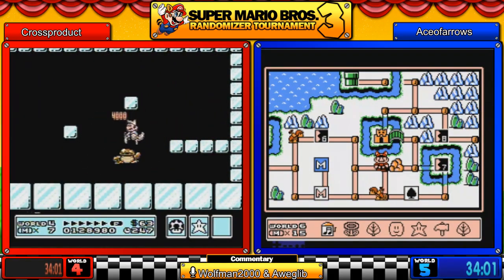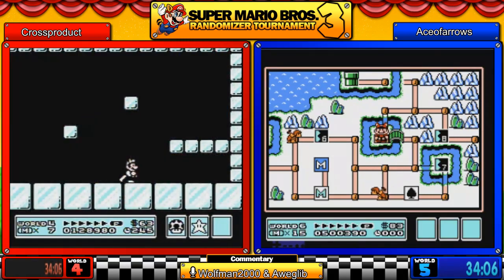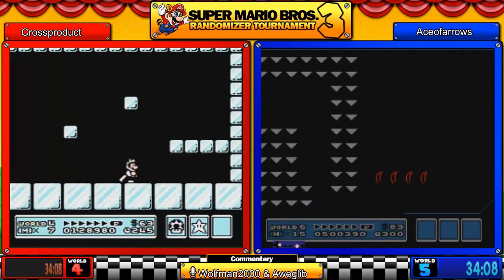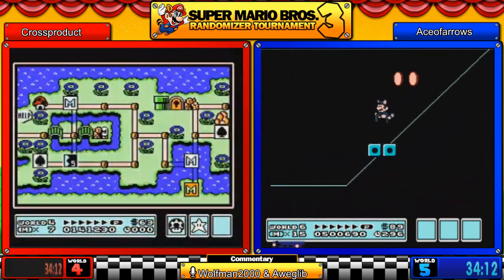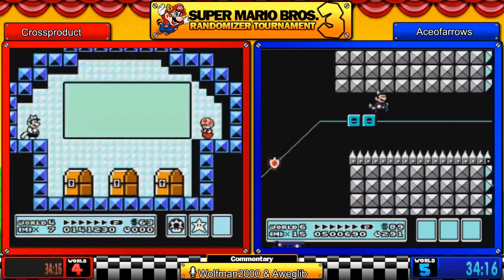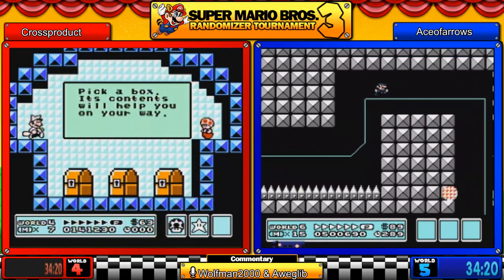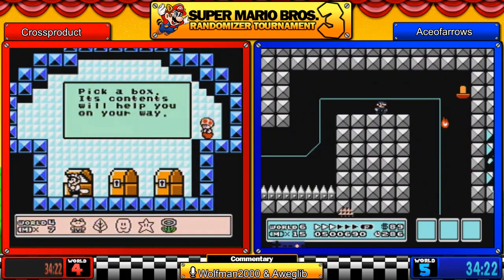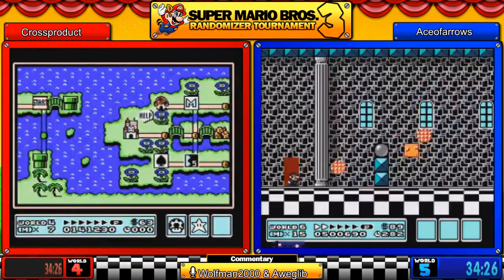Alright. Crossproduct taking on the Boom Boom on ice. Aceofarrows debating whether to use that hammer right now, chooses to do so, but out of them now. Yeah, that's a vanilla move right there. In the warpless route, that's normally where we'll use our last hammer. But honestly, I don't know if that's exactly the best play in Rando, as it does only skip 6-7, which is normally an auto-scroller, but in this it can be a very simple stage, so...